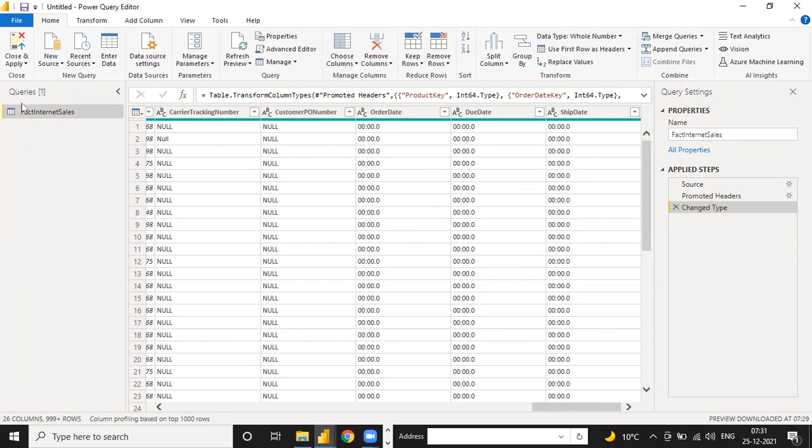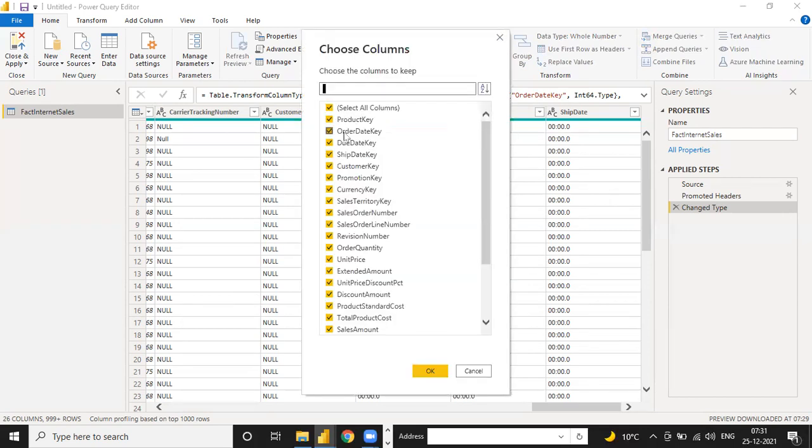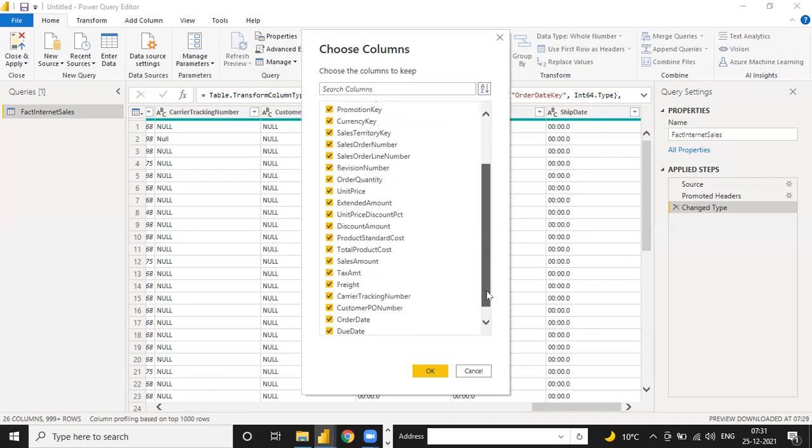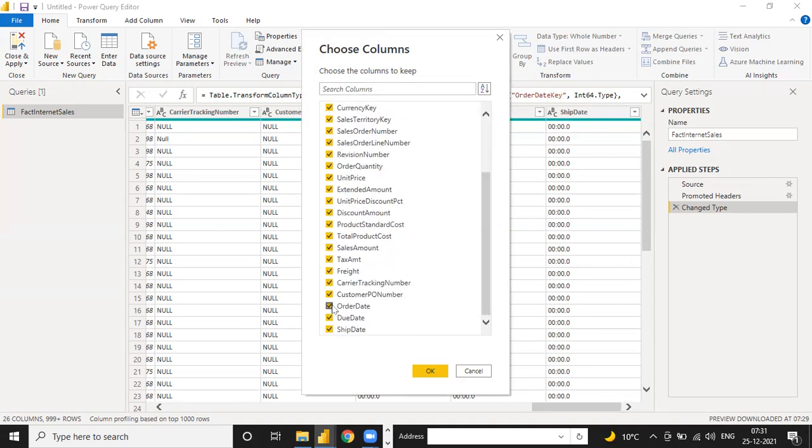This is the file you imported from the data source, here is the file name, and here are the applied steps you have done for the file. If you click on Choose Columns, you see all the columns from your file. One by one you select. See, order date, due date, ship date, we need completely.